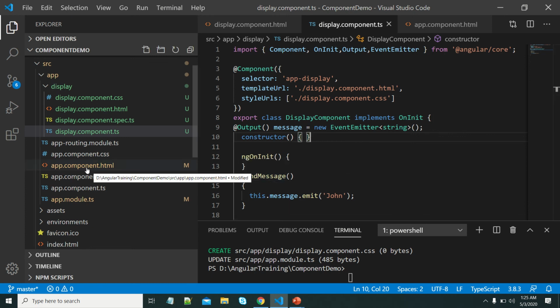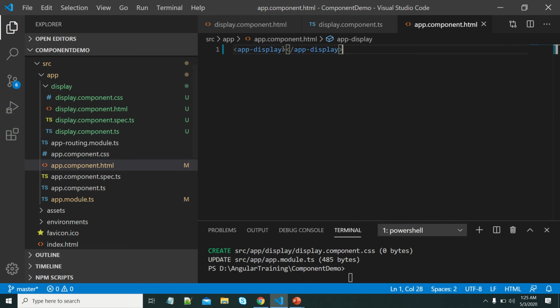Now in the parent component we should use that output property as an event binding. I think it is message, right? Message. Then we should call a method from the parent component class.